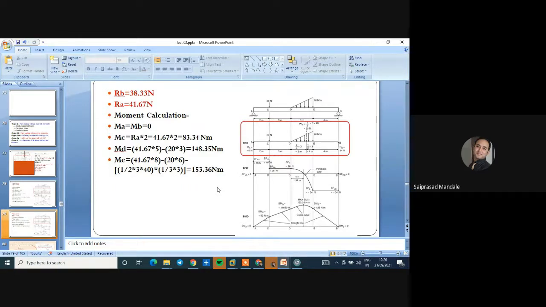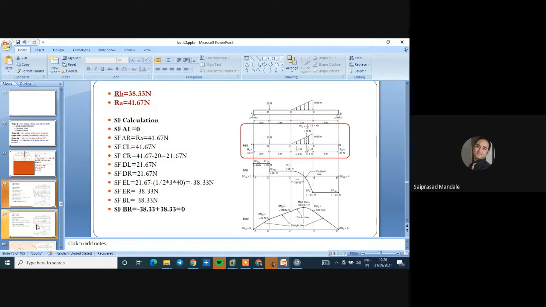I'll be sharing this video with you. The task for you is, you have all the reaction calculations, SF calculation, the moment calculation, and you have to draw the SFD and bending moment diagram. And if there is any presence of point of contraflexure, I'll be giving the solution for that. But you try to draw the shear force and bending moment diagram. If anybody has any doubt or query for shear force calculation and moment calculation, please ask me.